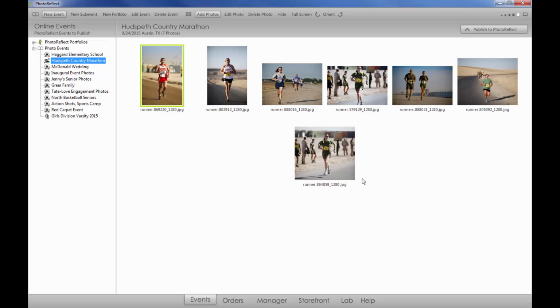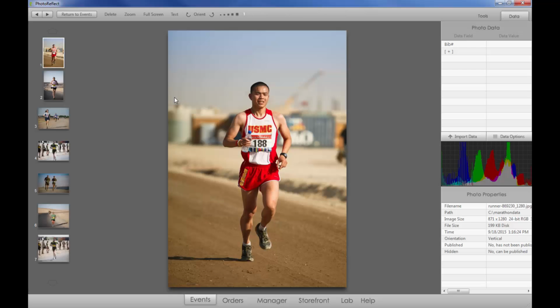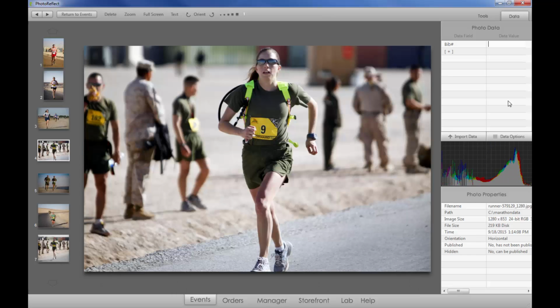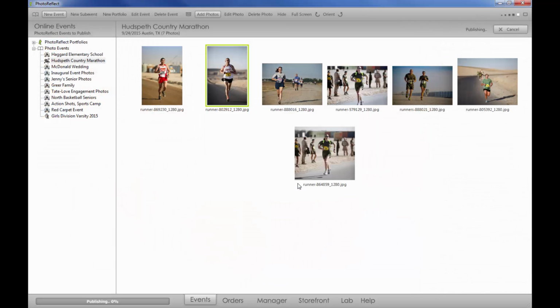After my photos have been added, I'll right-click the image and select Edit to open the workshop. I'll use the Data tab to tag the photos. I'm hitting the tab on my keyboard to go to the next image, where I enter in that image's data, and so on. Once all my bib numbers are added, I'll publish, and we can see how this feature will